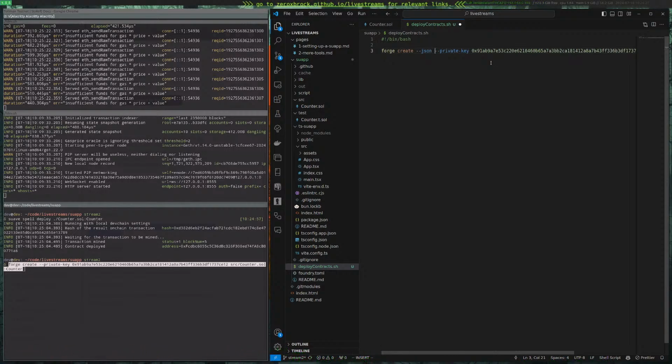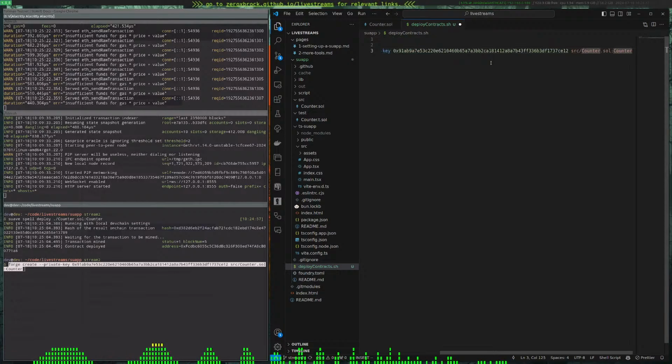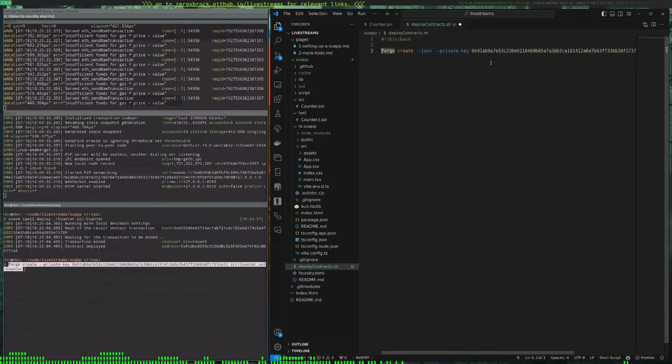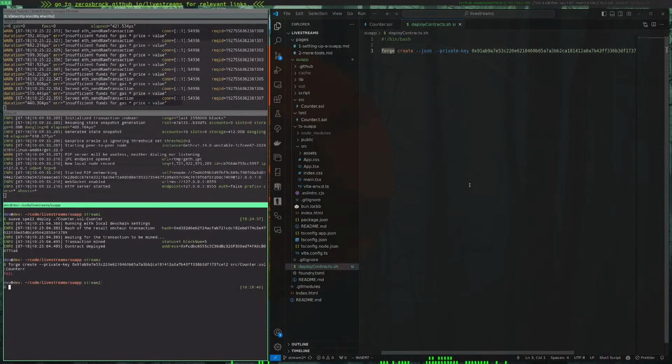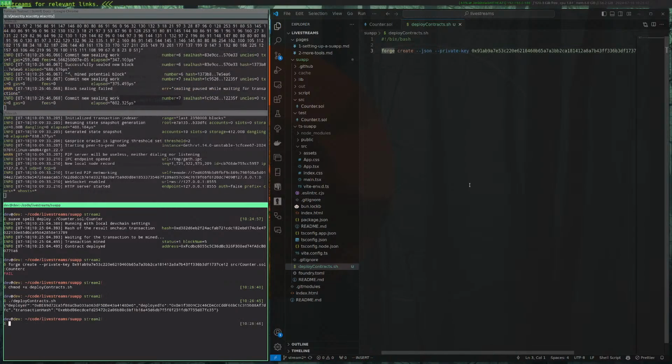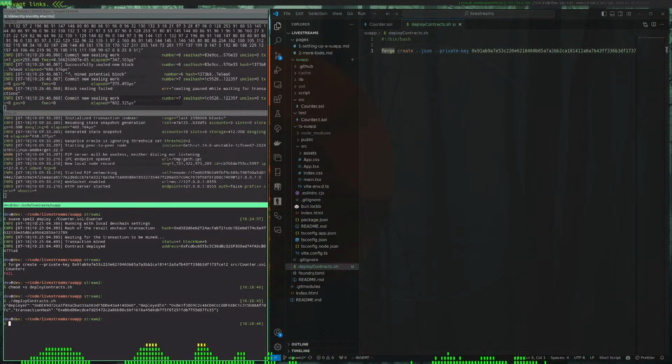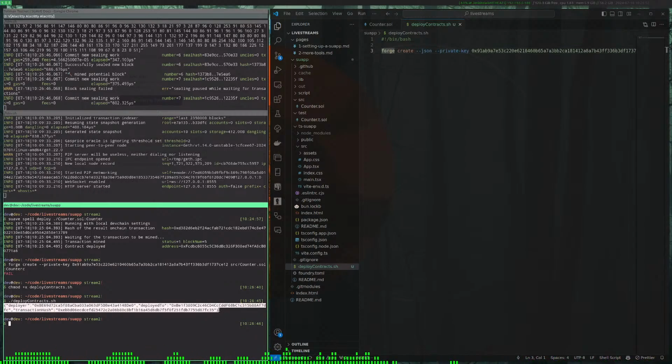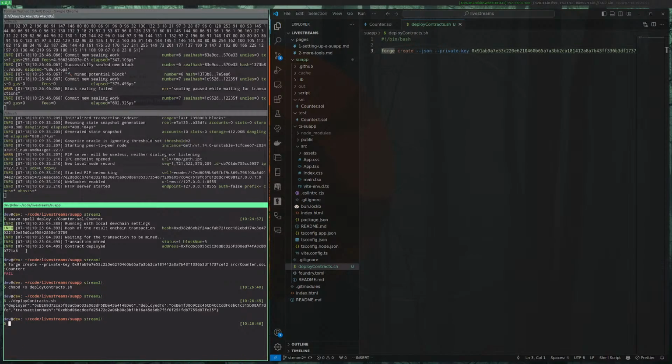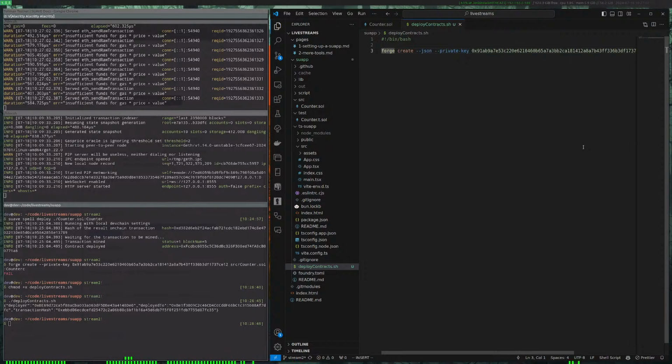Now when we run this, well, let's just run it and see what happens. All right, you can see it spits out this JSON object instead of the sort of log style output that it did before. So if we capture this output